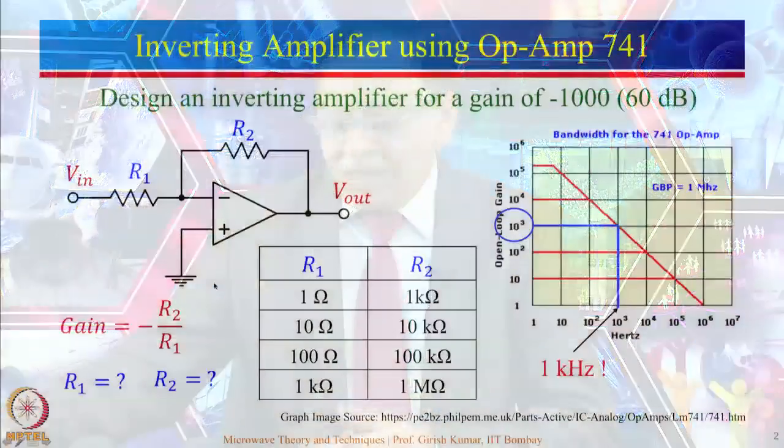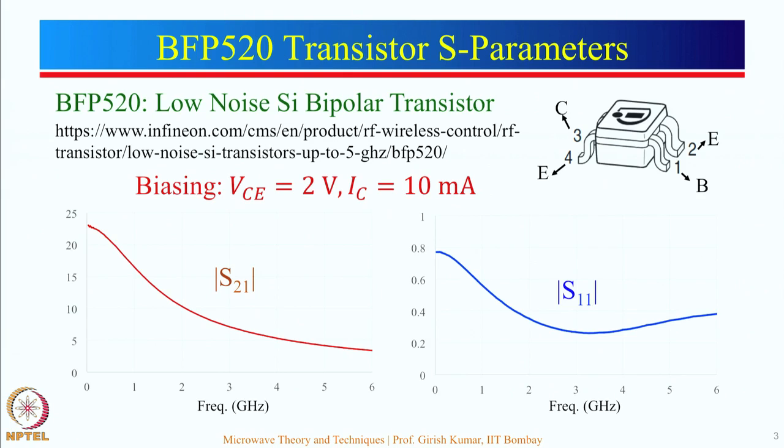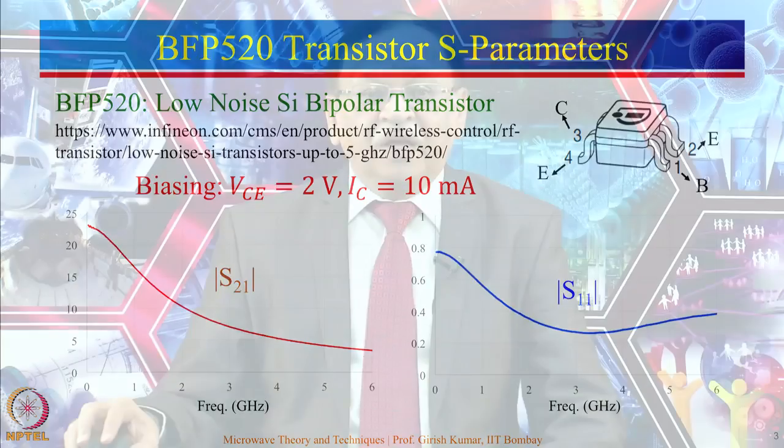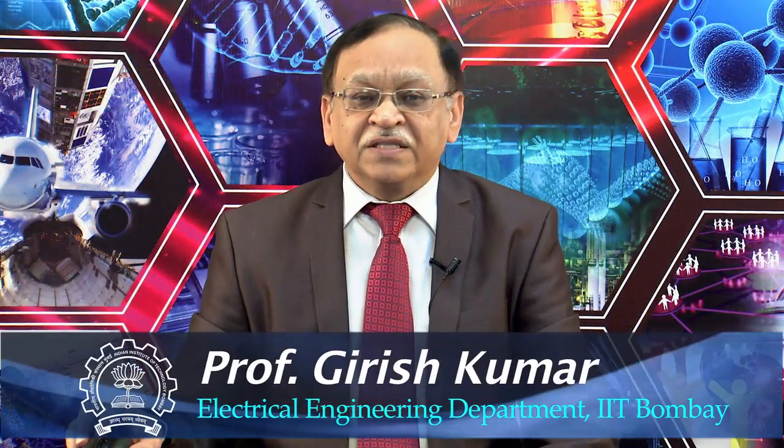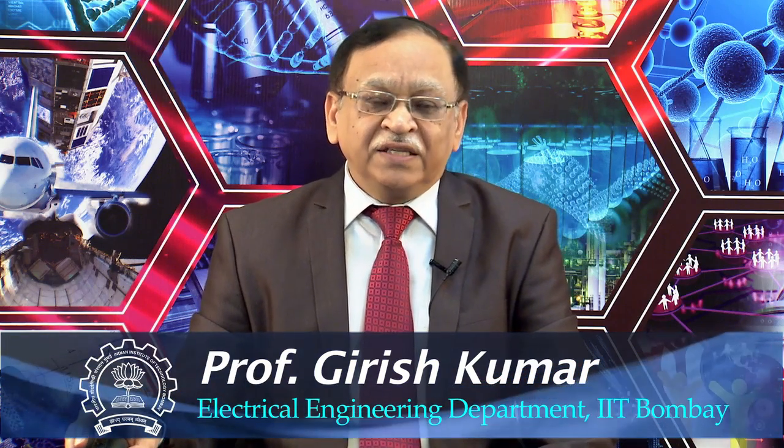Hello. In the last lecture, we had started talking about microwave amplifier. So, we will continue. We started with the simple inverting amplifier using op-amp. Then I mentioned about the transistor BFP 520. Then I had mentioned about the transistor S parameters for given biasing conditions, and we had seen that S21 decreases